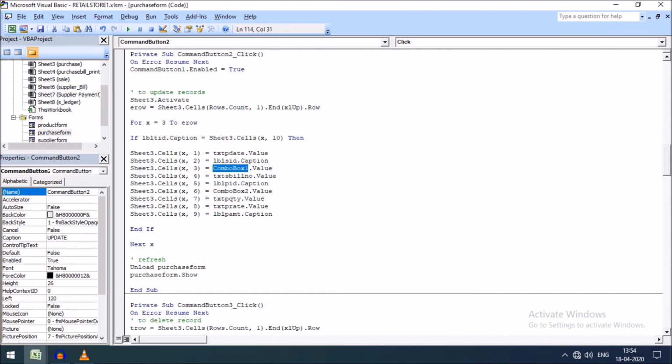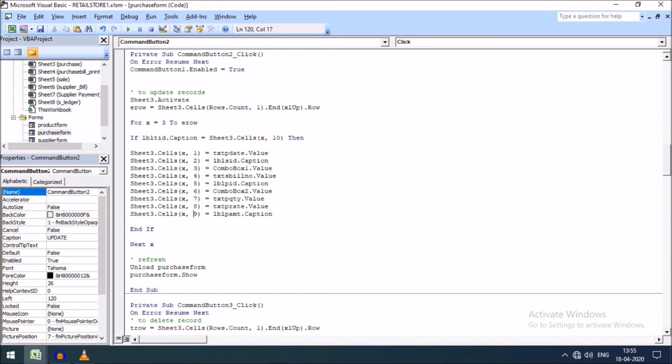Next, combo box 1 dot value will be assigned to the third column of sheet 3, and similarly bill number will be assigned to the fourth column, and similarly the LBL PID, PID means product ID, will be assigned to the fifth column of sheet 3. Similarly all the columns up to the ninth column, because the transaction ID will not be changed. The other controls may be changed, but the transaction ID will not be changed in the update command.